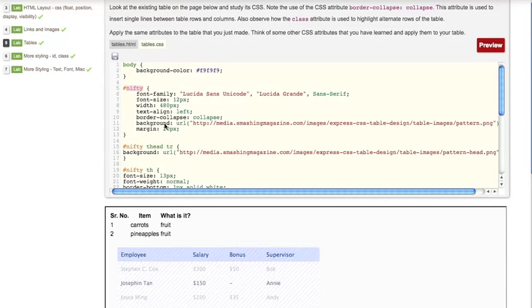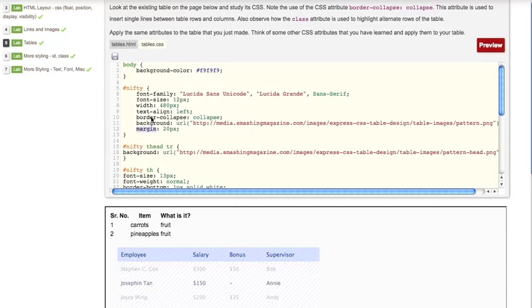Then we are assigning a background, and see how we are assigning a background by using a URL, right? What this will do is pick the image from this URL and assign that as the background. So we are not assigning a color really, we are assigning an image as the background. And finally we have a margin.